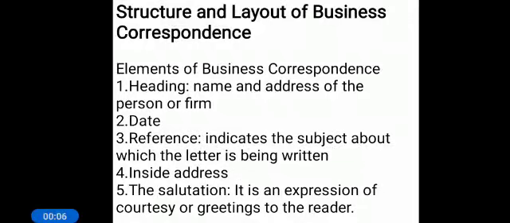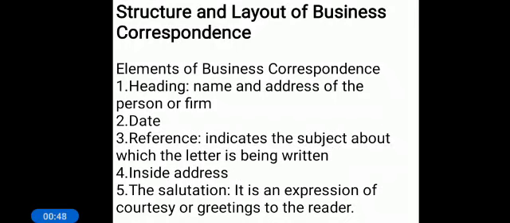In the last class, we have discussed the elements of communication and communication process. In this class, we will discuss the structure and layout of business correspondence. The structure of a business correspondence consists of different elements or parts. So now we have to discuss the different parts or elements of the business correspondence or